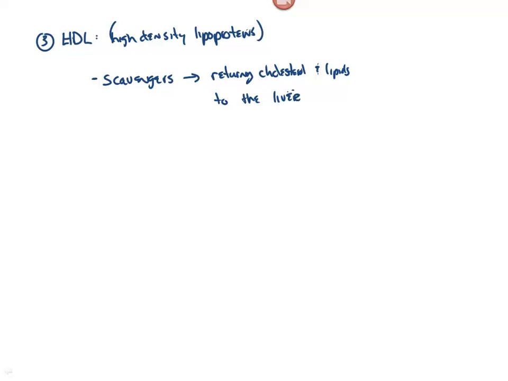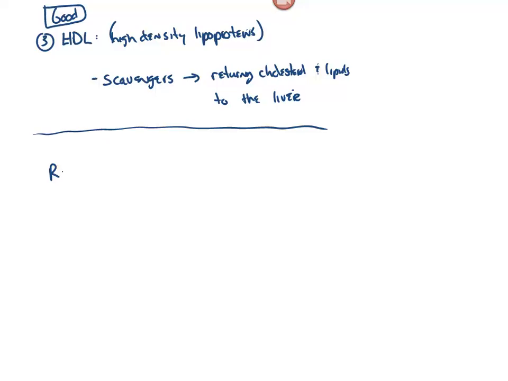So if we were sticking with our analogy, HDLs would be like the person that's responsible for catching all the stray cats that escape and returning them to the liver to be repackaged or properly disposed of. And so these are generally considered good for you, meaning that if you have a high HDL, you've got a very good ability to scavenge any of them in there. And what it really comes down to is not so much that one is good and one is bad,